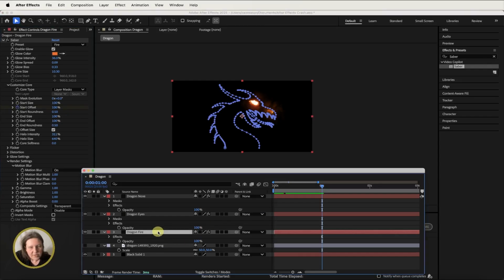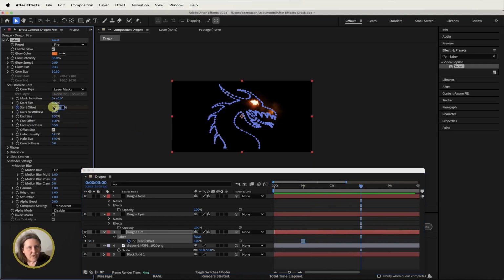And if you go down to Dragonfire and just click U, you can see that the keyframe we've just made is here, and press F9, which changes it to Easy Ease. Then we'll go forward 2 seconds and change the start offset to 0,